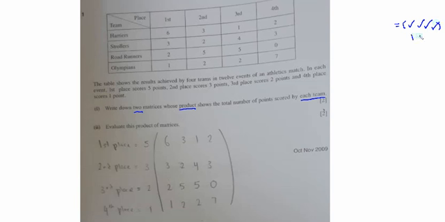That means it's 1 times 4, or we can also do 4 times 1. That means the total marks scored by Harry, Stroller, Road Runner, and Olympian. Okay, got it? Now, the next thing we have to look at is